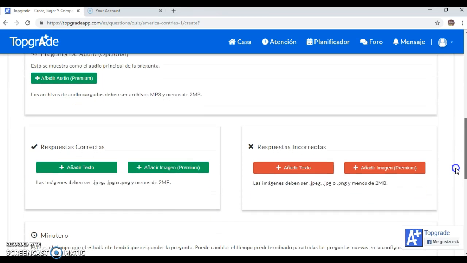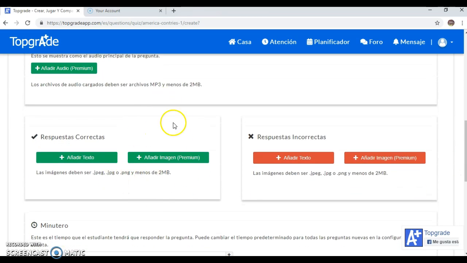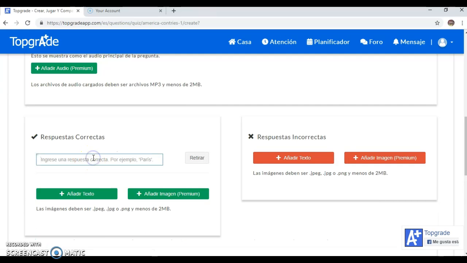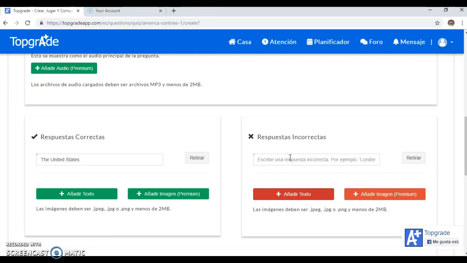In this part these are the correct answers, and this is the wrong answer. I want to write the correct answer first, for example, United States. These are the wrong answers, so I'm going to write, for example, France,